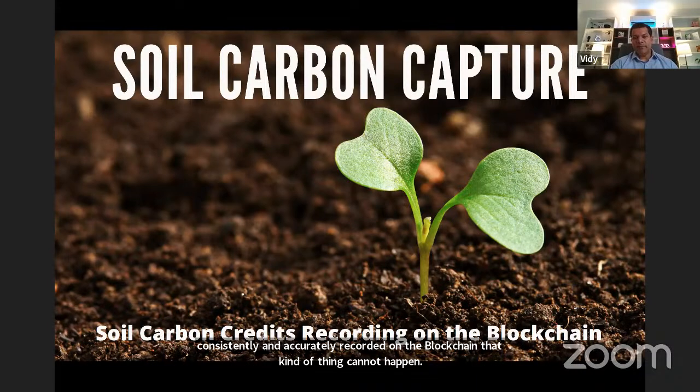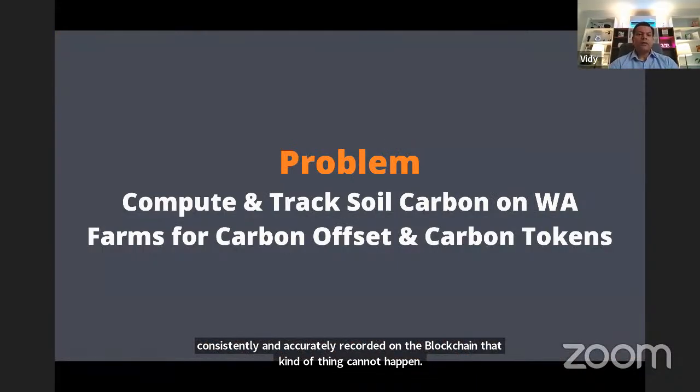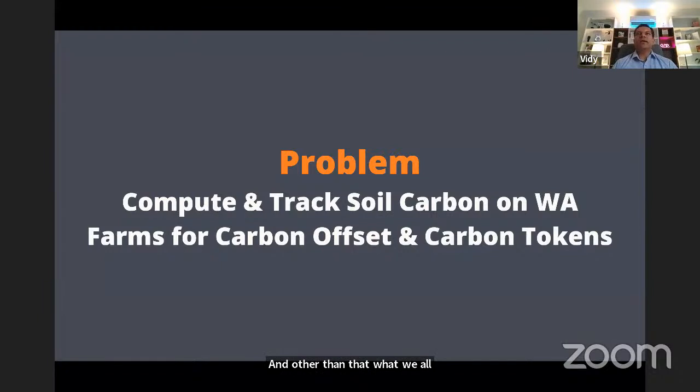And other than that, what we have also done for this company is, every time they take a soil sample from which the carbon is computed using this equipment that I mentioned, we store that soil in a small casing, like a small box. For example, when you typically buy a gold coin or a silver coin from the jewelers, they put that coin in a small transparent casing, right? So we use something similar to that.